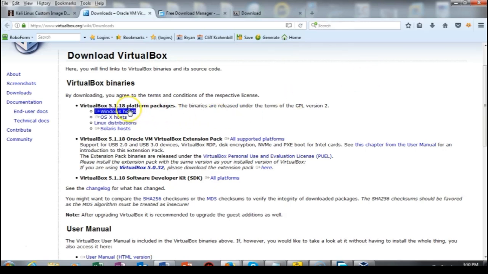Now once you're up here, you have to decide whether or not you're going to install VirtualBox on a Windows or an OS X or a Mac host. You also have Linux and you have Solaris. Once we've done that and we've installed VirtualBox, our next step is to install a free download